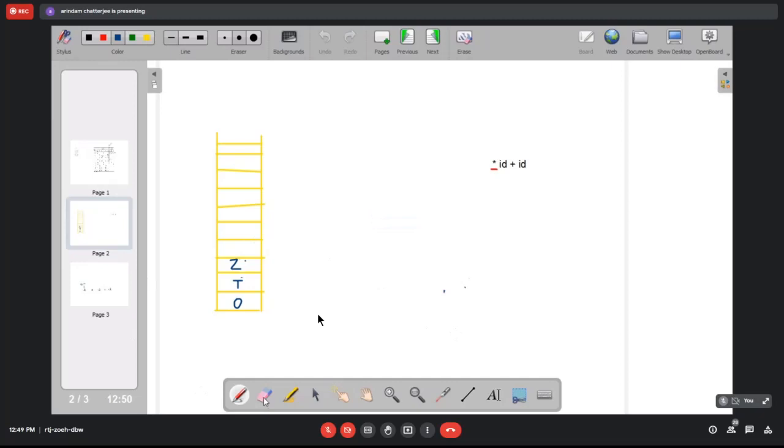Shift means we have to remove the pointer, bring the star here, and remove it from the input. And then the input pointer would now be pointing to this ID. And we should move to state 7.